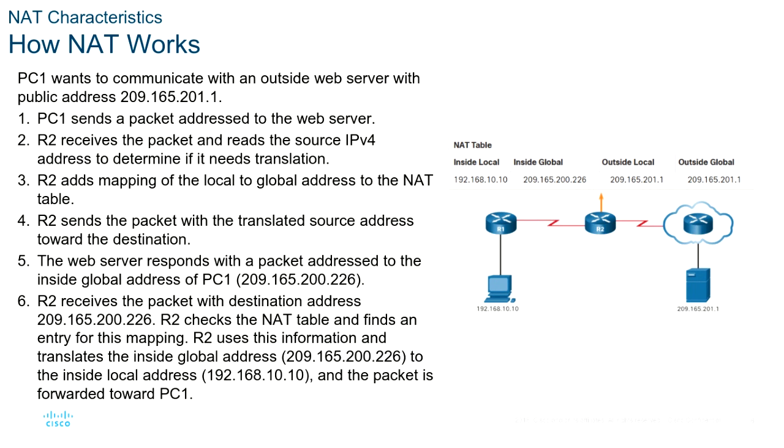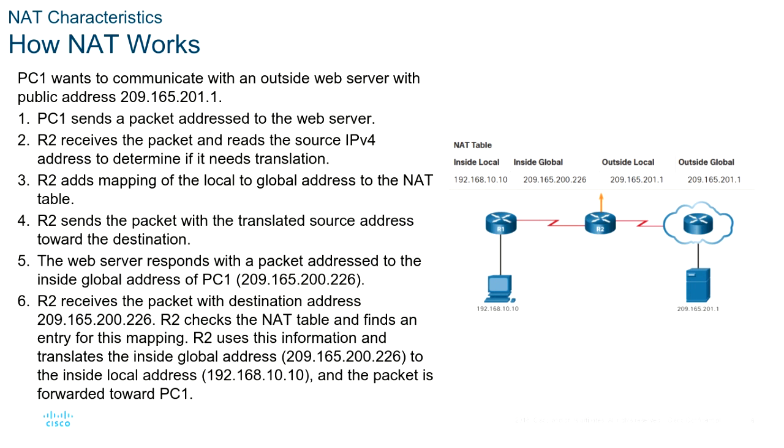So that's sent to the server. He responds. He thinks your destination address when he sends the packet back is that 209.165 address. And then when the R2 router receives it back, he started a table. When your original packet got translated, he started a table. If you're at home, your home router does this. He creates a little table in his RAM memory, and it says, 192.168.10.10, I had to translate that to